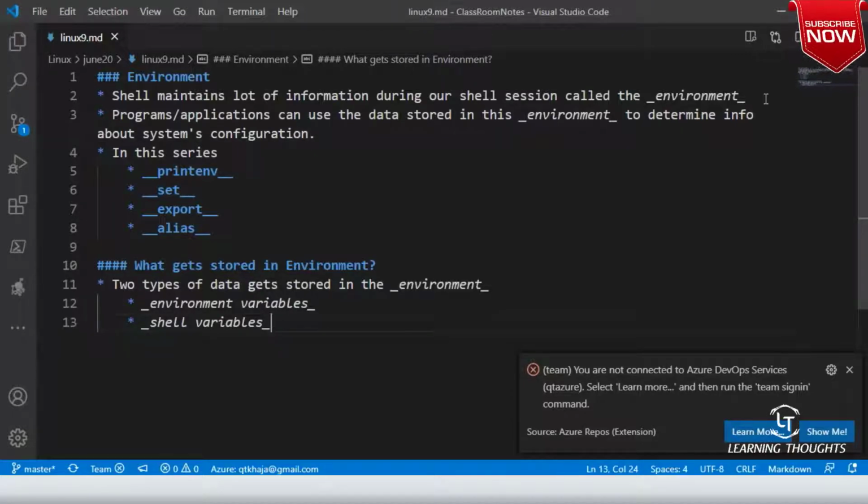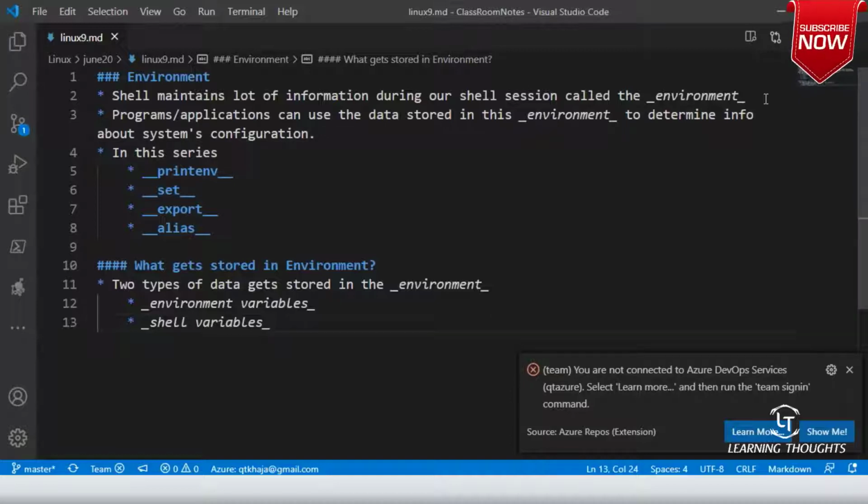They are very much similar, but let me tell you what is different. Shell variables are data that is placed by bash. All the other stuff is considered environment variables. As I said, there is a lot of overlap in this.